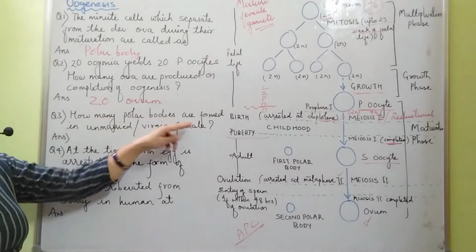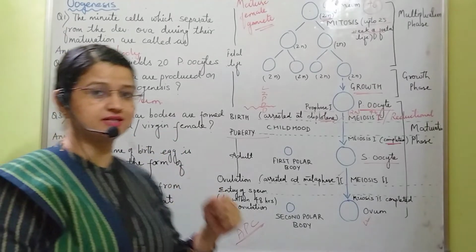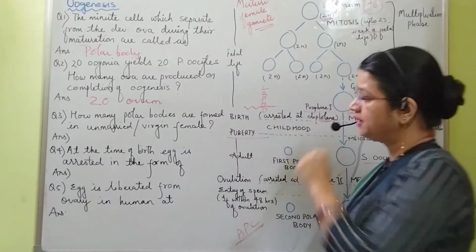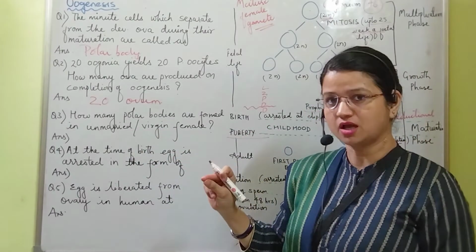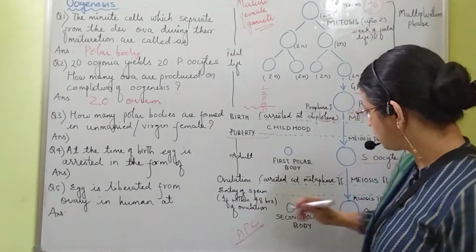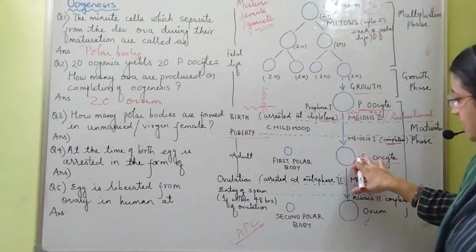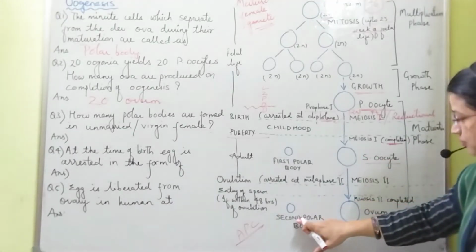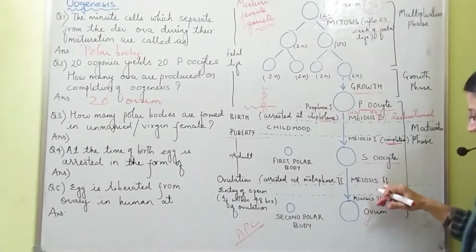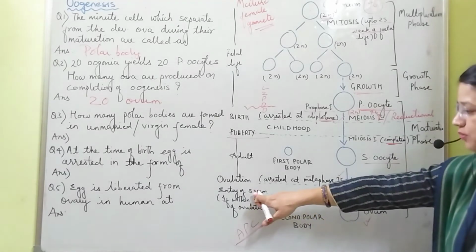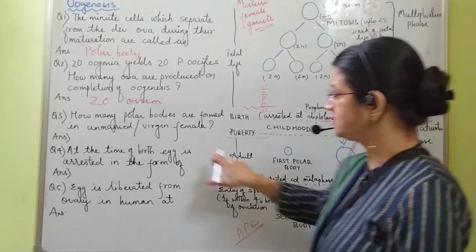How many polar bodies are formed in an unmarried virgin female? It means there is no stimulus of sperm. Clear? So here we can see primary oocyte, first polar body and secondary oocyte. Now the second polar body will form only when meiosis 2 is completed, and meiosis 2 will be completed only and only if there is the entry of the sperm. So here we can write